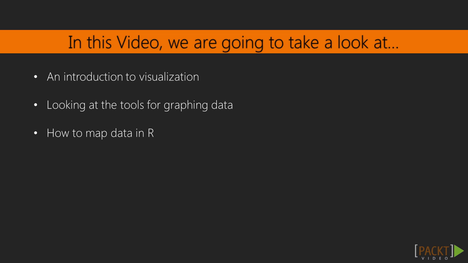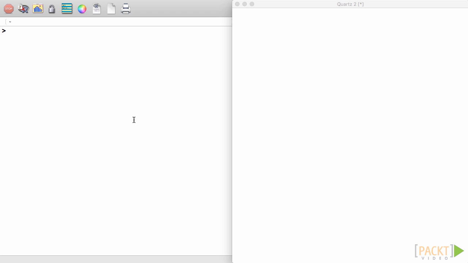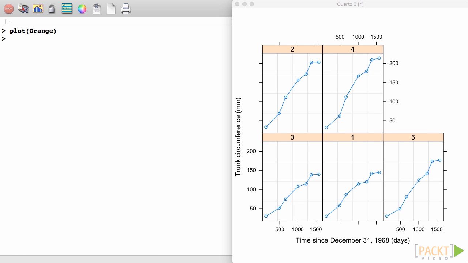This will include plotting graphs in R and using maps to represent location-based data. Plot is a good general-purpose tool for the creation of graphs and other simple diagrams. We've already seen it in action in previous videos. Here, we will take a bit more of an in-depth look. It does provide a range of graph types, such as plots, charts, and line graphs. By using the simple command of plot(orange) I get a series of graph types back, summarizing the orange dataset. By specifying the age and circumference of the oranges as part of the X and Y axis, I can get